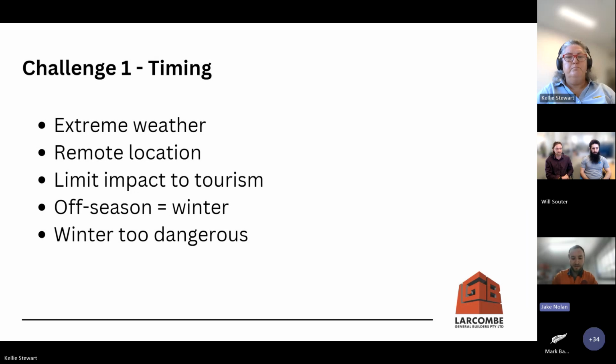Timing was the first major challenge that we encountered. As we've already heard, Admirals Arch is located on the far western extreme of Kangaroo Island, and so this area and this structure cops the full brunt of the weather from the Southern Ocean. The extreme weather was something that we needed to consider in the timing of this project. The area is also very remote, with the majority of the island's infrastructure on the other end. So there's no Bunnings around the corner, and everything needed to be meticulously planned and packed to maximise our time